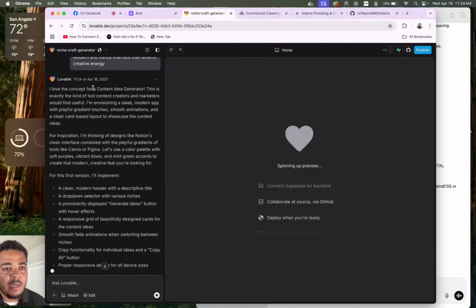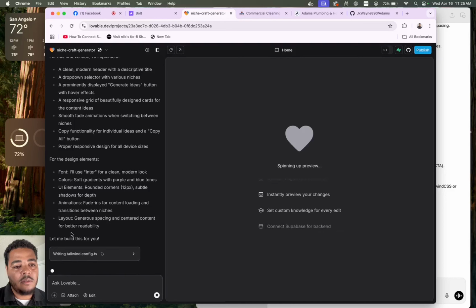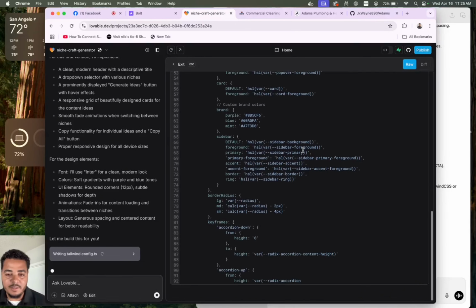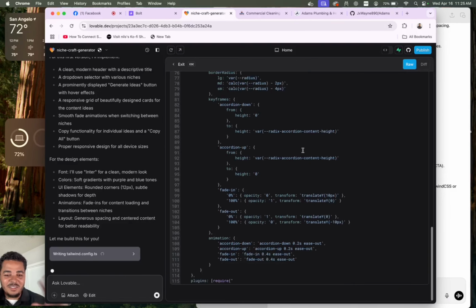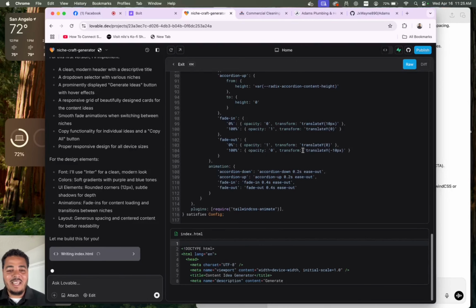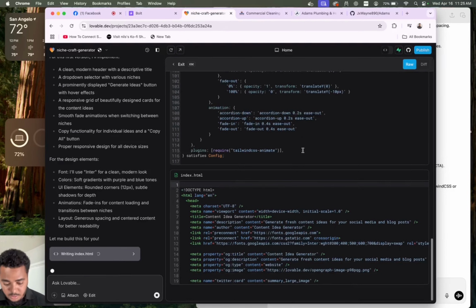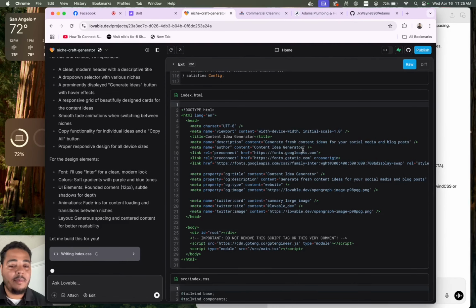It says, I love the concept for a content idea generator, so let me build this for you. Watch this. Hold on. Let me go to the code. Look at that. That's crazy, huh? It's just writing code. It just blows my mind that it's writing code, creating folders, putting everything right where it belongs, and doing what it do on a simple app